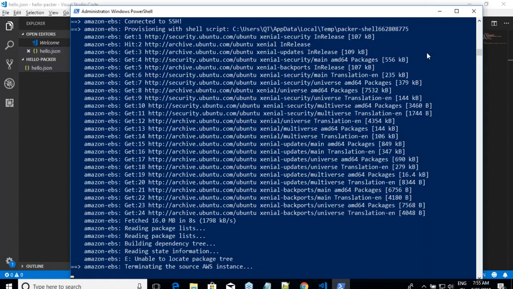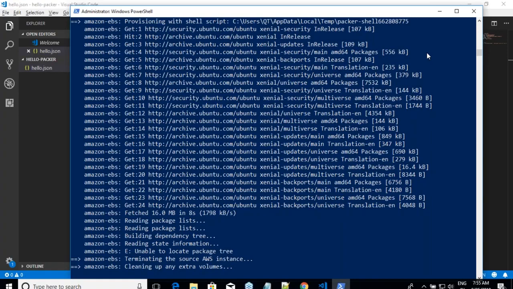Whenever he is executing, there are certain things which he might pass, certain information which he wants to change. For example, you have said that I want to create an image only in US West 2, but your team member might be interested in the Indian region. This didn't work out because the tree command failed. Your team member might not be interested in Oregon, but he might want North Virginia, or a different region.